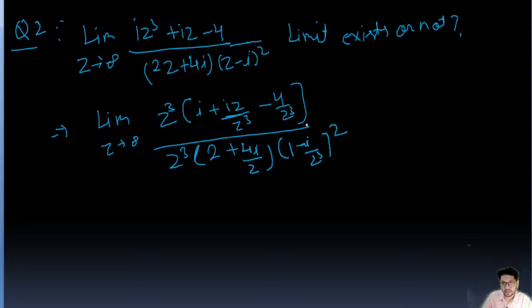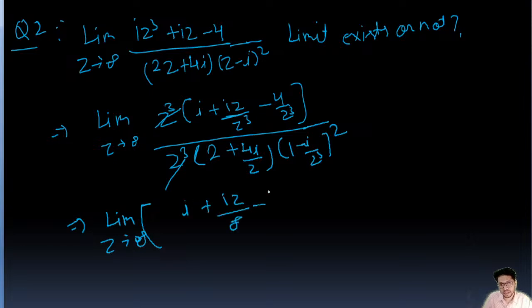z cube into z square whole to the power z square. So this means limit z tends to infinity, and z cube will get cancelled. Okay, and as z tends to infinity, we will put the value of infinity. So this is going to be i plus iz upon infinity minus 4 upon infinity upon 2 plus 4i upon infinity,